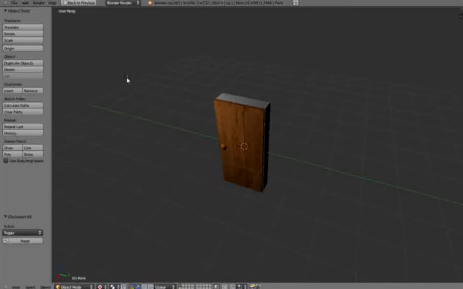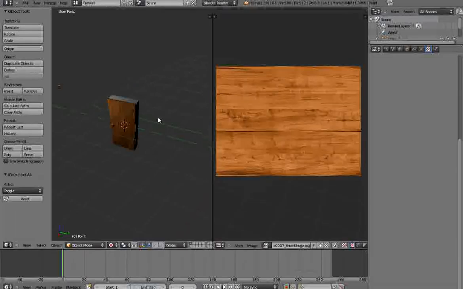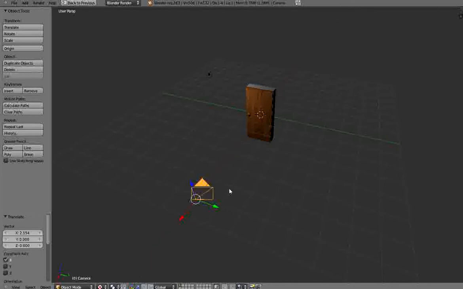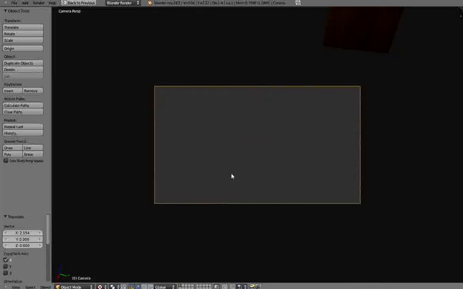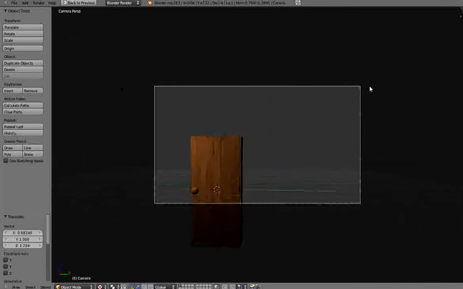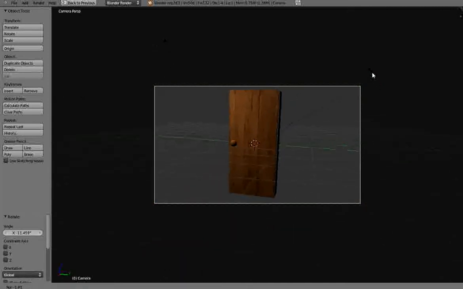Okay, so if we wanted to render an image, what we can do is make a camera. So Shift-A, Camera. Drag this out. And to go to our camera view, we can hit 0 on the numpad, and that will take us to our camera view. And if we want to aim our camera somewhere, we can hit Shift-F, and sort of like a game, we can look at something with our mouse. And we can hit G-Y while our camera is selected, and we can rotate our camera around places, and we can look